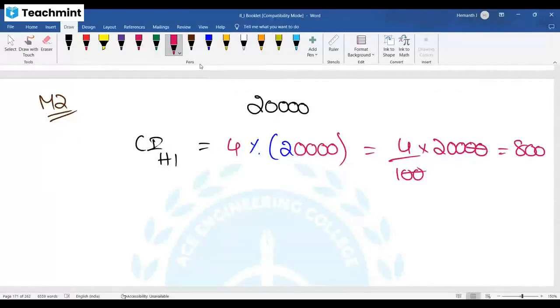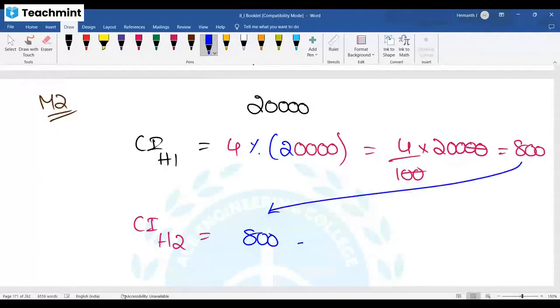But is it 6 months or 1 year they gave? 1 year. So I need to go for the next 6 months also. Next 6 months, what is the interest? You know, 800, plus whatever the previous is. If you attended the previous introduction class, we said compound interest is nothing but interest for the interest. Chakravaddi, vaddi ki vaddi. So why that name compound interest, interest for the interest? Already 800 is the interest, I am calculating 4% for that. For interest, I am calculating interest. That is why it is called compound interest.